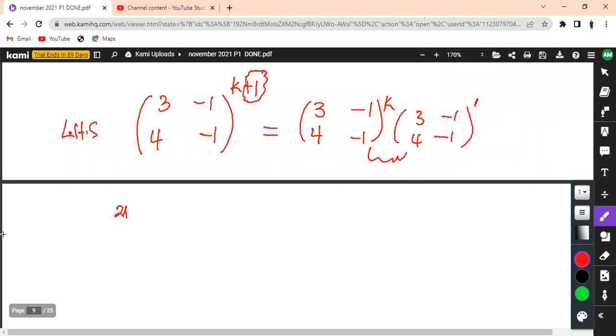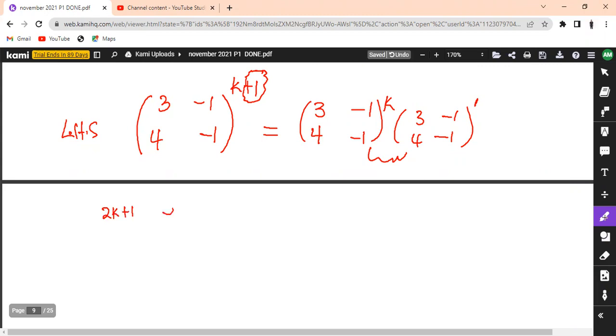Remember, this was 2k plus 1. Sorry for that. Let me just remove this part here. Okay, so we had 2k plus 1. That is, we are writing the matrix now, the one that we had on our assumption, which is 2k plus 1